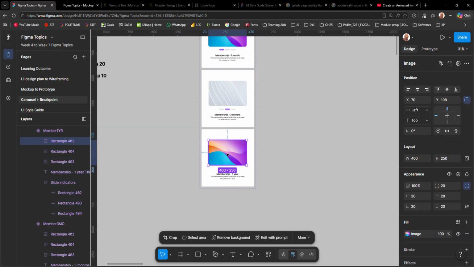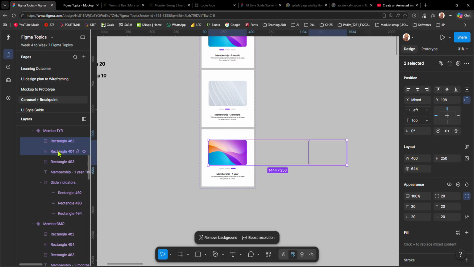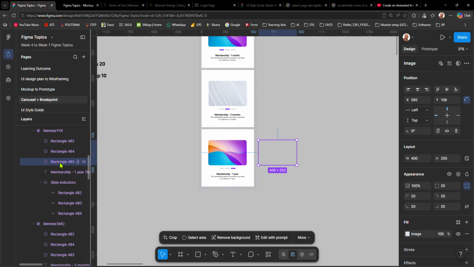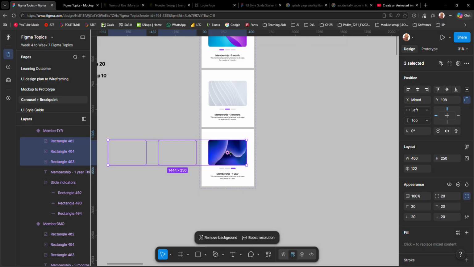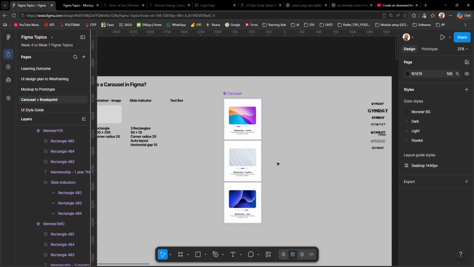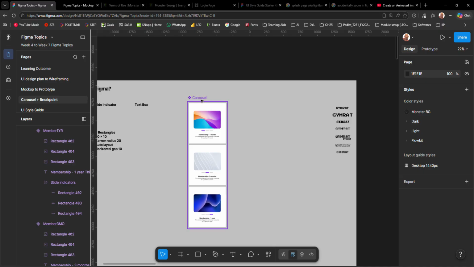Now we go to the third slide, check where they are through the layers, select the first one, shift on the keyboard, second and third. That happens sometimes. I go back to the third one, just want to make sure that I have all three of them selected. We want to drag and make sure that the third one also sits somewhere nicely in the middle. So now that we have all these things prepared, what's next is